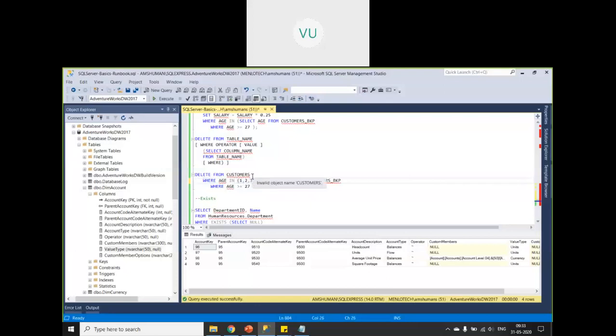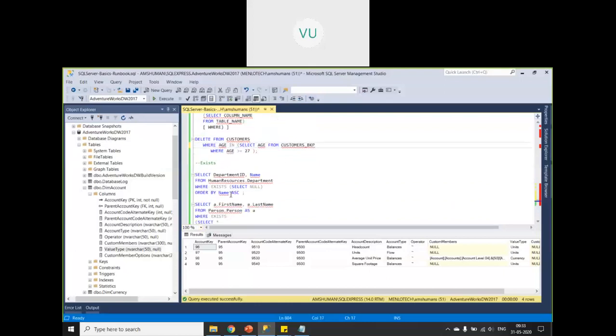But think about large databases. Putting these literal values will be difficult, and these values keep on changing. If I put actual values and somebody else changes the value, this is no more relevant. It is always good to avoid hard-coded values. So that is where subqueries are useful.